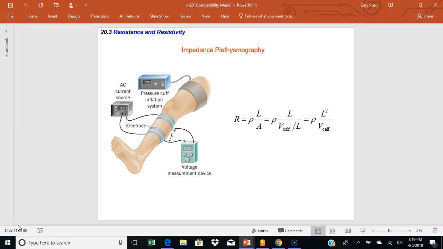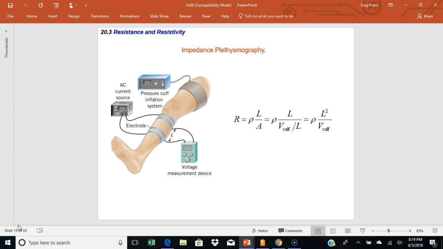Now, impedance plethysmography. This is what you use to check for blood clots, basically. Impedance is another word for resistance. So resistance is equal to the resistivity of the material times the length divided by the area. Area is basically the volume of the calf divided by the length. So if you do the math, then the resistance